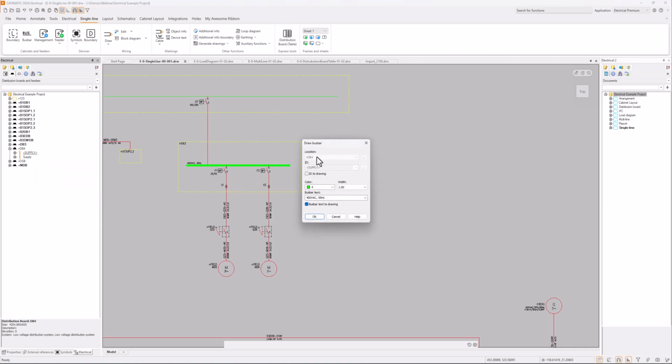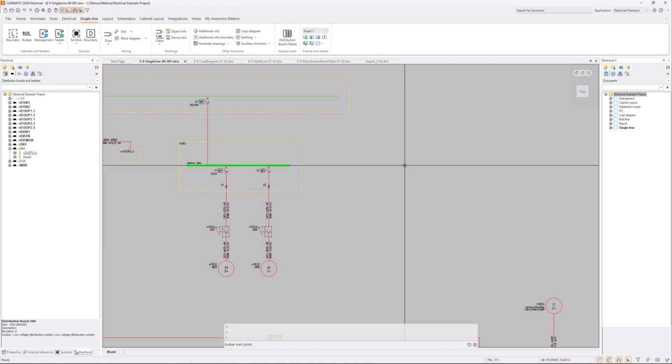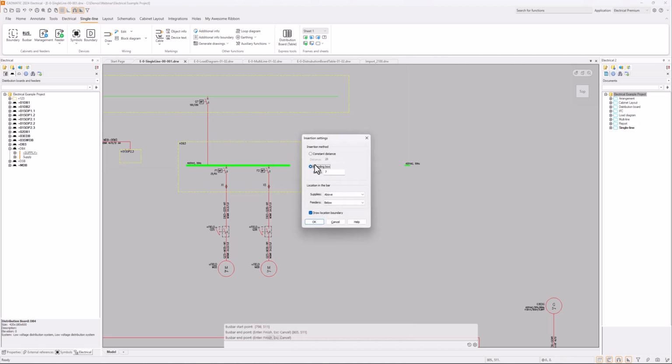You can define the location. Well, it's defined already here where we started. Color of the bus bar, maybe the width for that. Number 1 is okay, and the bus bar text, there we go. Okay, and we can just start to draw the bus bar to that direction, and then we can define